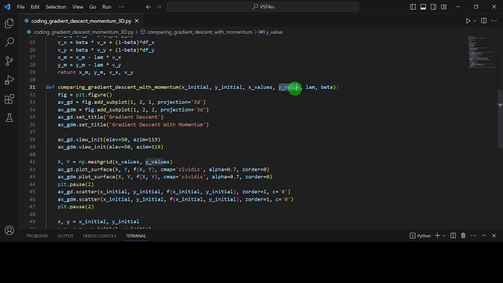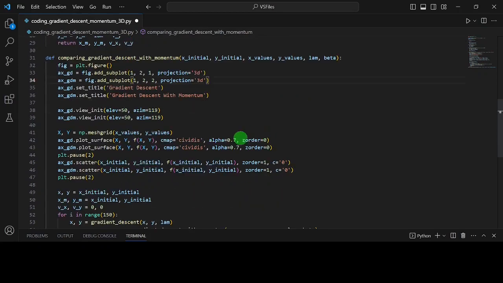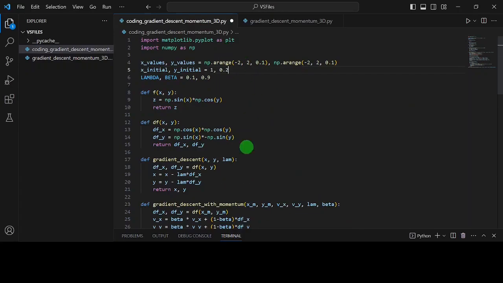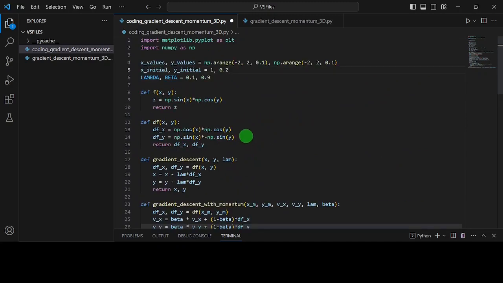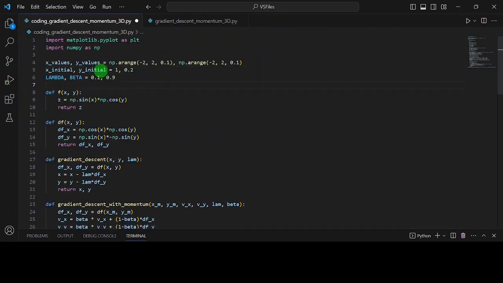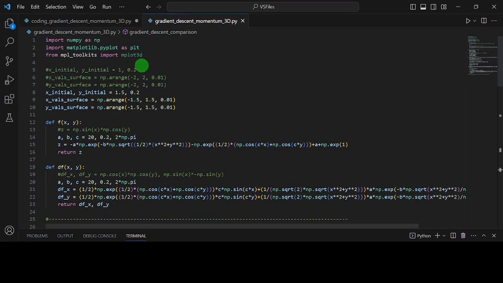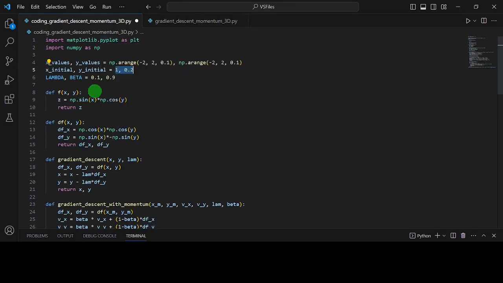Oh wait, hang on. Y value, is that an issue? Maybe that's not an issue, but did I plot the same graph? All right, so the plot that I showed just then didn't really demonstrate the situation very well. I was wondering maybe I coded something incorrectly there, but I had a look at the previous code, which is the one that I showed in the visualization, and I'm thinking it might just be because of the initial values. So I set the initial values to the same that I did here. Anyways, we're going to start the code with this X initial and Y initial. So I'll run it